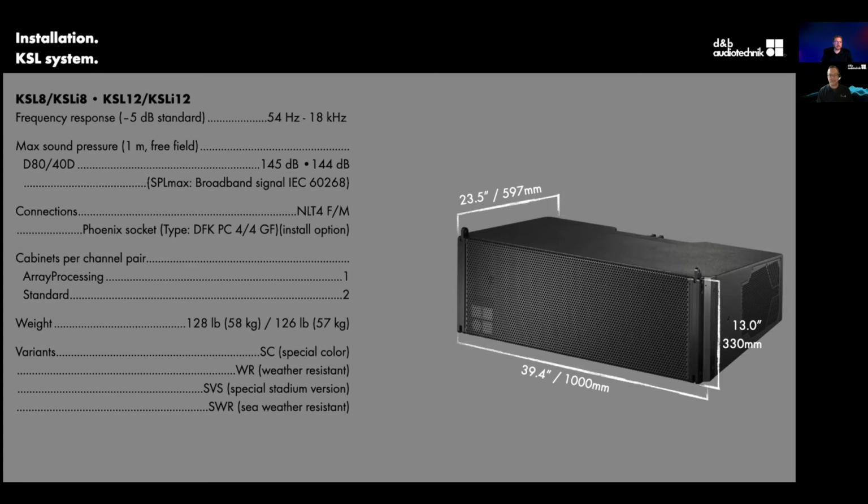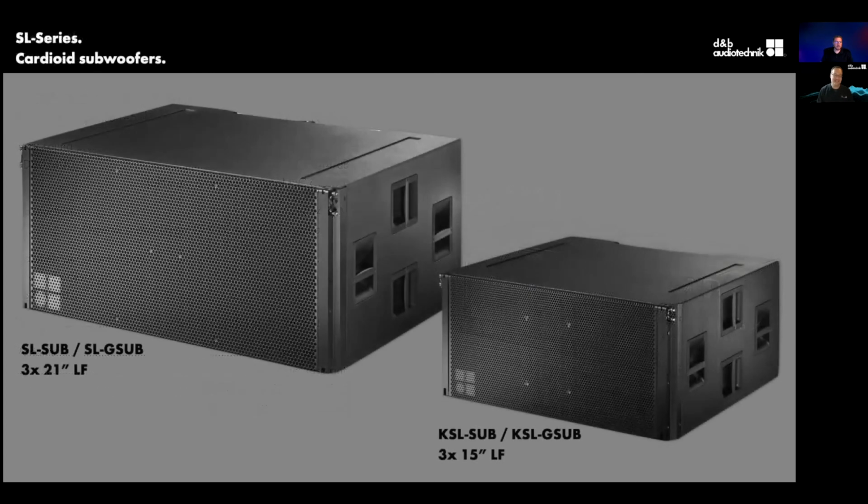So that's a lot of talk about tops, but now we have subs. The SL sub or the SLG sub, G meaning ground. So this would be a box that doesn't have any rigging bits on it. So like front splay links wouldn't be there, or rear splay links won't be there. So that would be obviously just a ground deployed sub on its own. And we can see the same thing for the KSL sub, the KSLG sub as well.